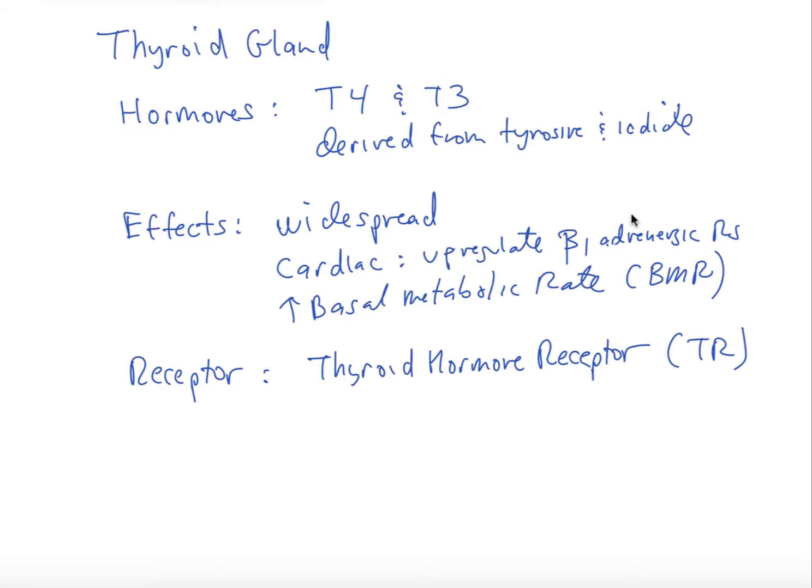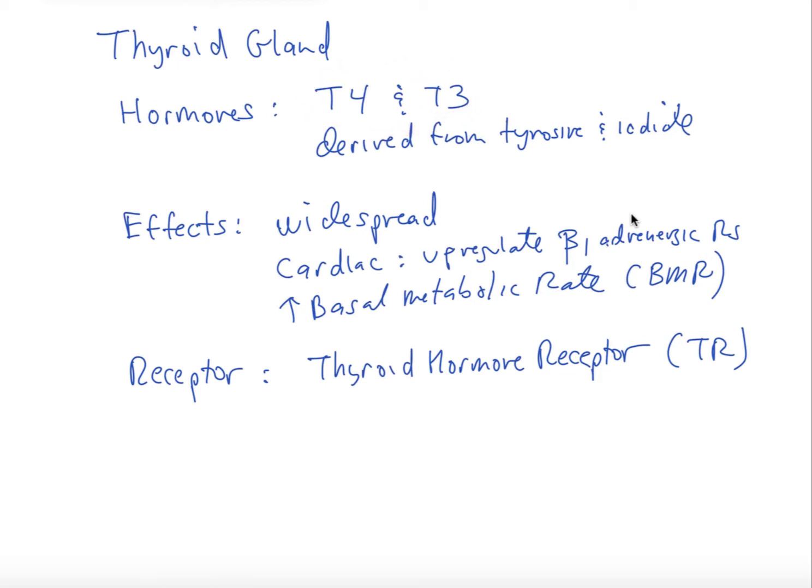So now we're going to talk about the thyroid gland, which makes some very important hormones called T4 and T3. These are collectively referred to as thyroid hormones. The 4 and the 3 refer to the number of iodides attached to the molecule, and these hormones are made from the amino acid tyrosine and iodide. T4 is generally considered a prohormone. It's converted to the more active T3, which exerts primarily all the effects, but we can just collectively call these